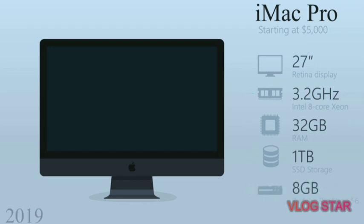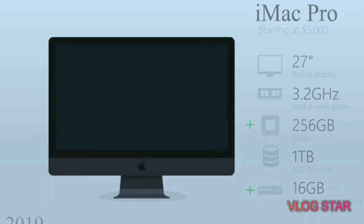In March 2019, Apple added an option to increase the RAM to 256 GB and to upgrade the video card to a 16 GB Radeon Pro Vega 64X. The iMac remains one of the most popular desktop computers and is actually rumored to receive